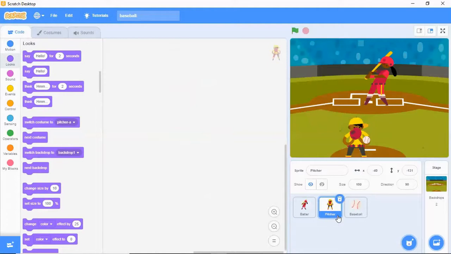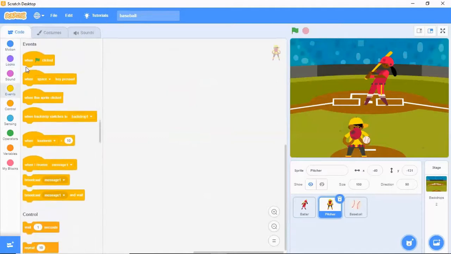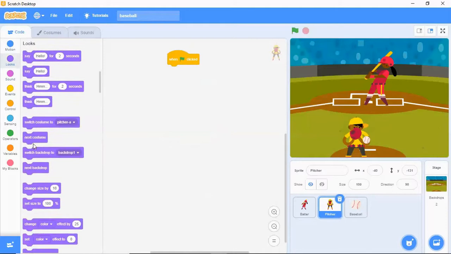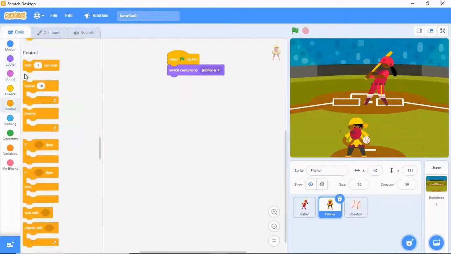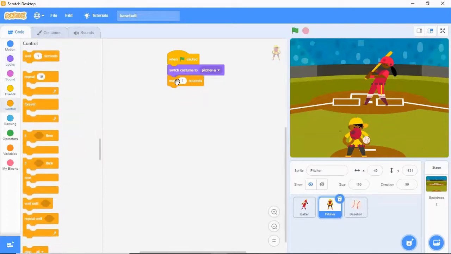Here also I want to see all the 4 costumes. Event, when flag clicked, looks, switch costume to picture A. If I don't use wait time, again I'll see only the last costume. So here also I'll apply wait time. We will set the wait time later.